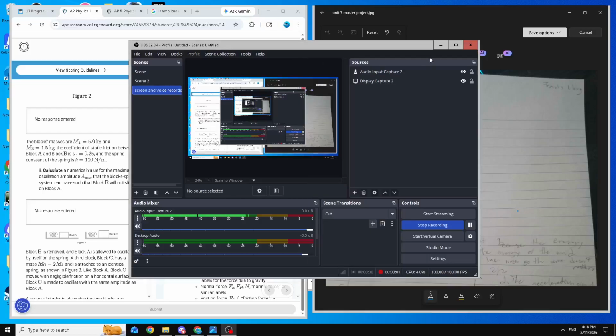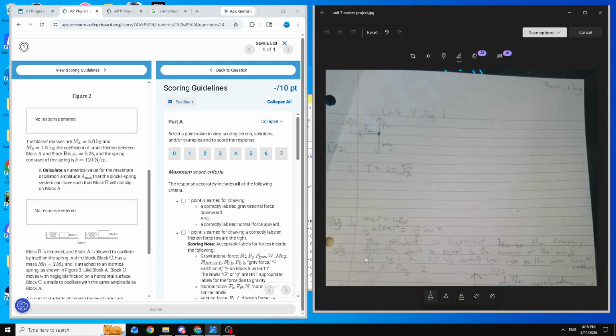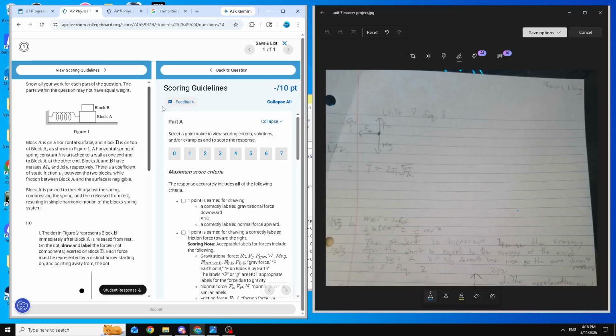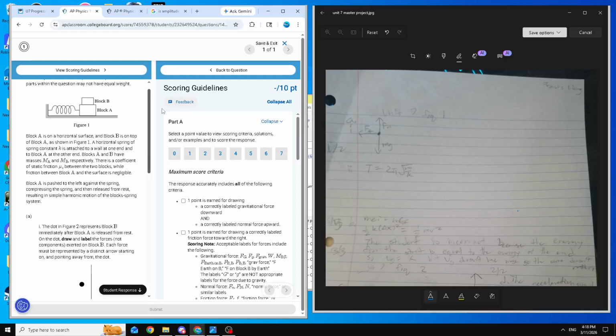This is the Unit 7 Mastery Project for FRQ1, and Part A is asking us to draw and label the forces exerted on block B, and block B is on top of block A. Since the spring was pushing block A to the right, I thought friction is opposite of motion, so it would be pointing to the left, but that's wrong. That's why I only got 1 out of 2, because I did label gravity correctly